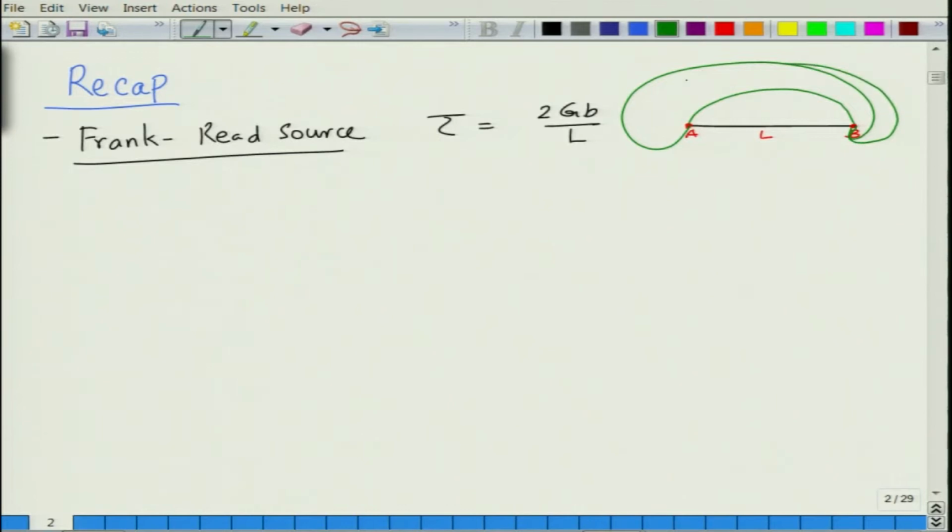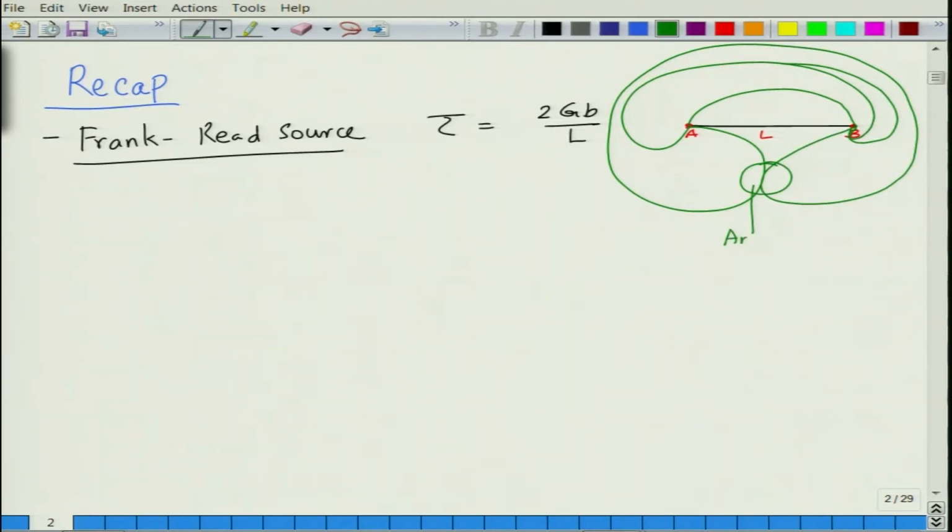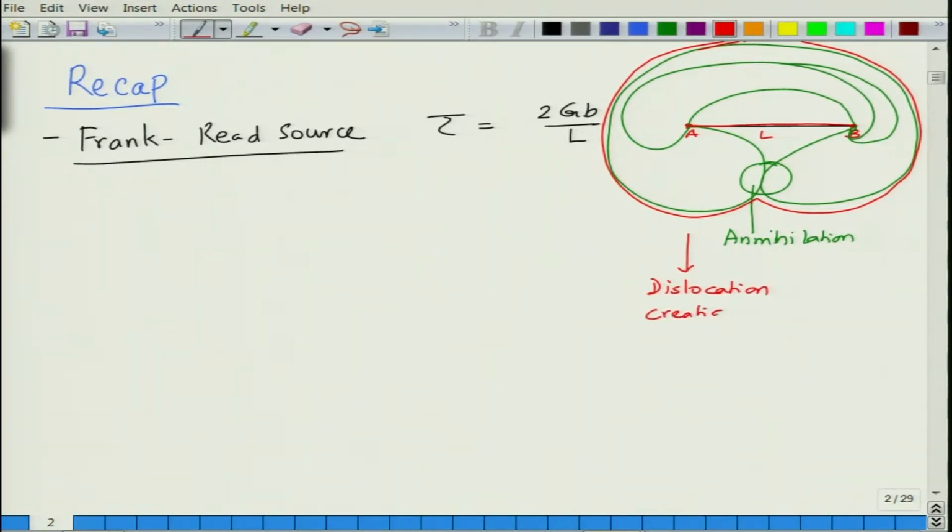and then finally it comes like this, full circle, and this is where annihilation occurs. So, it leaves basically a loop like this, and this segment goes back to its own state. So, this leads to dislocation creation, you can say multiplication. So, basically an increase in dislocation density,